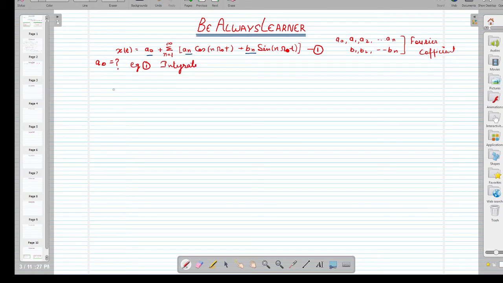So that can be written because that period we have to define here. So period of integration varies from t naught to t naught plus capital T, because we are assuming the signal is periodic with the time period of capital T. So for that we are rewriting with the integration both sides, that integration of the signal from t naught to capital T,